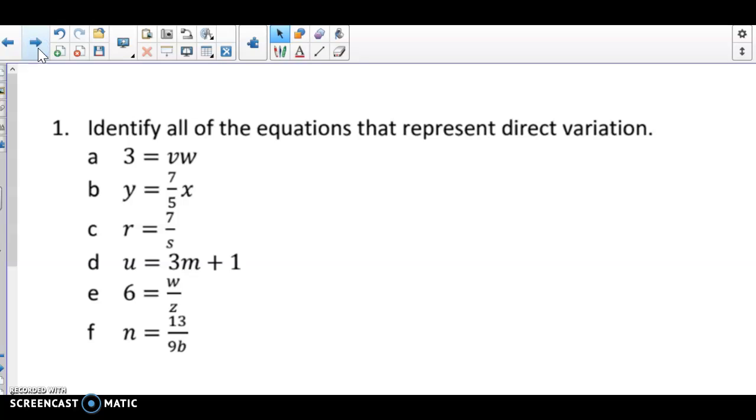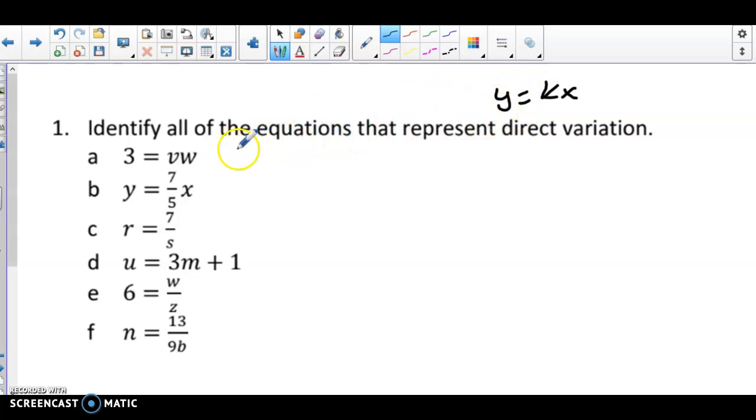So the first problem I'm going to give you is I want you to identify all of the equations here that represent direct variation. Now if we remember, our direct variation equation looks like y equals k times x. So I'm going to be looking for a constant times one other thing in these equations. I may have to rewrite some of these. That's the key to this, they may give it to us in a lot of different forms. We just have to know how to get it into this y equals kx form